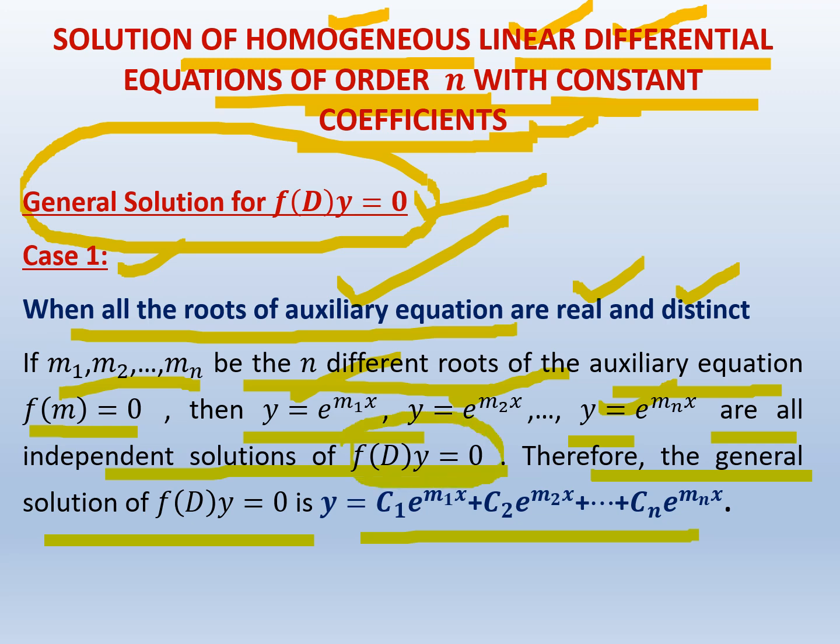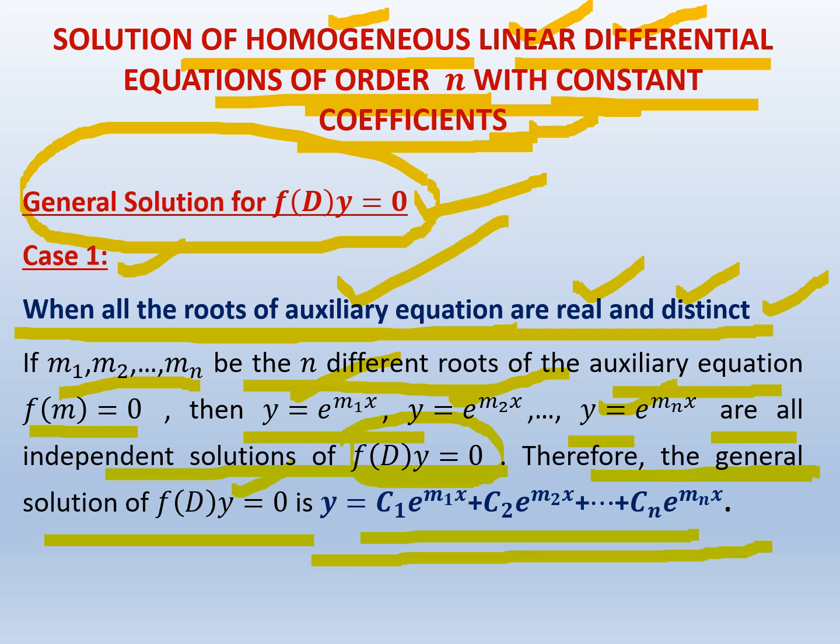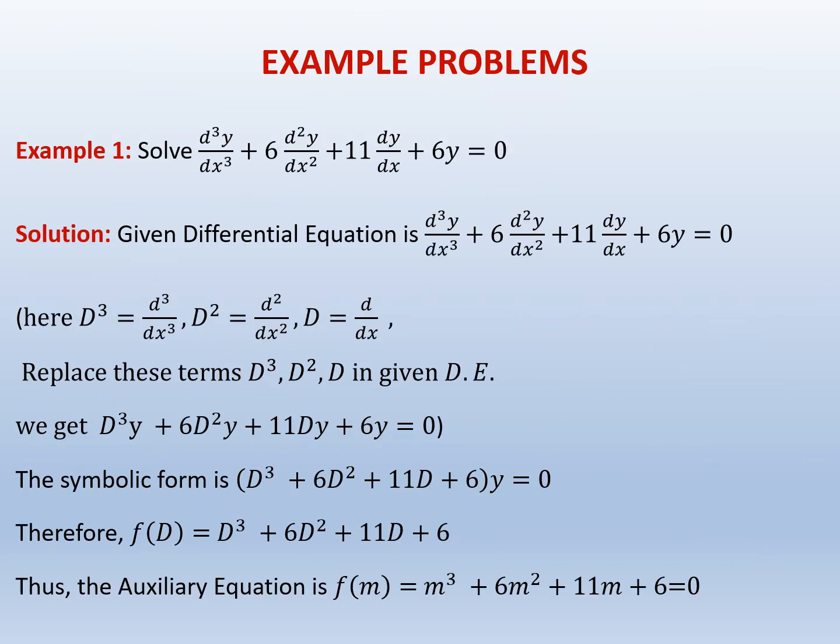Therefore, when all the roots of auxiliary equation are real and distinct, the general solution of f of D y equals 0 is y equals c1 times e power m1x plus c2 times e power m2x plus so on plus cn times e power mnx. Now let's see some example problems for case 1, that is when all the roots of auxiliary equation are real